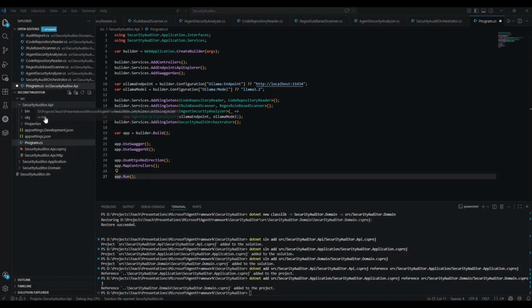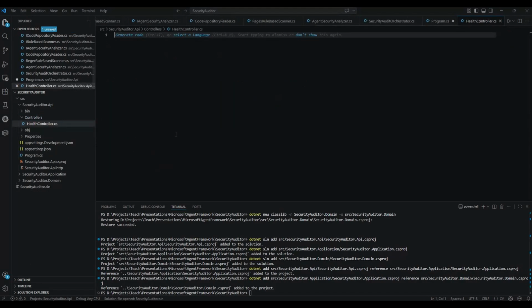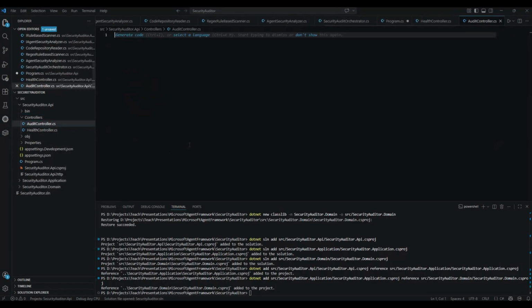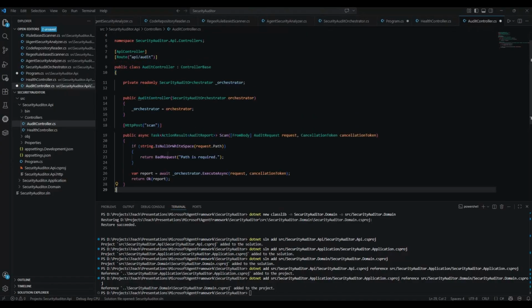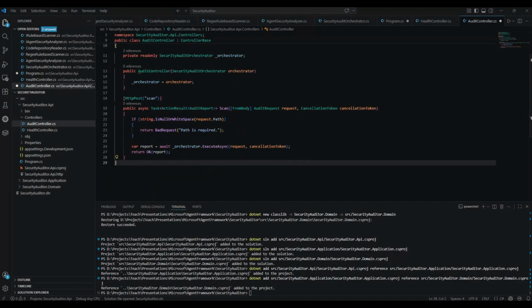So let me first add the folder for controllers, and in this controller I'll go ahead and add the health controller. First of all, to see if everything is working fine, we need a health check controller. Following that, we will have the auditor controller, which will be doing the auditing part which we have been talking about. This again calls the service, the security auditor application service, and calls the method of scan,